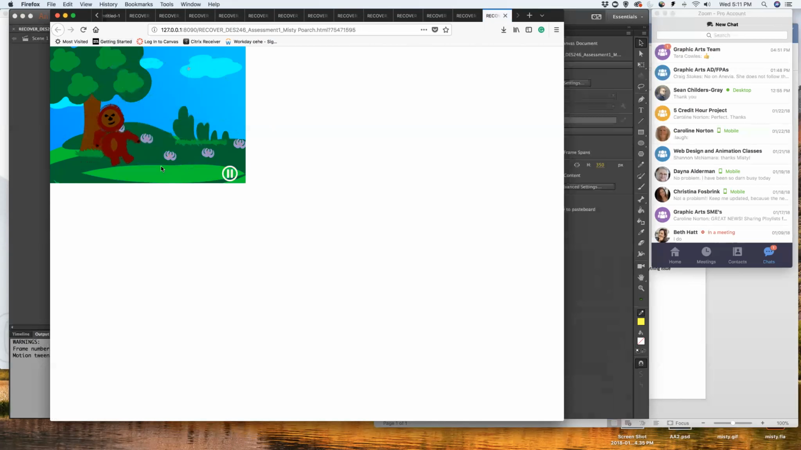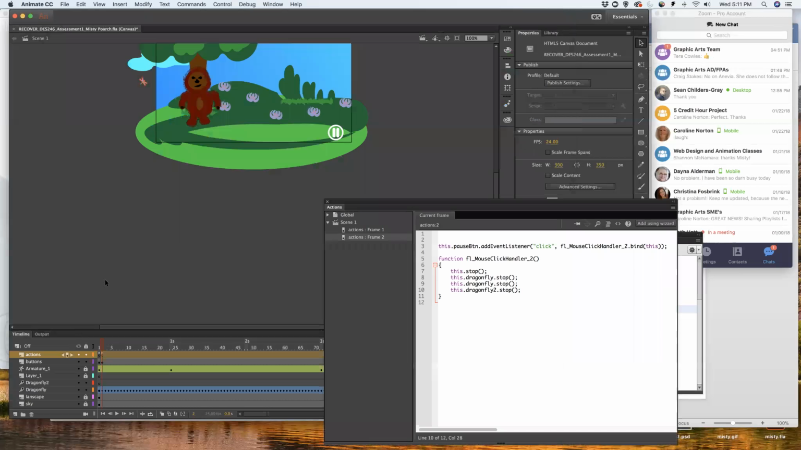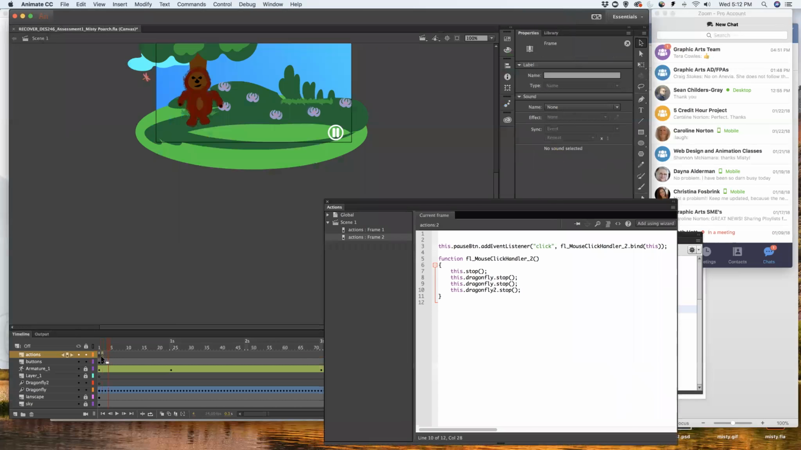And my wings are not flapping. My bear's not moving. Everything has stopped, but I don't have another way to play here. So that means that I need another play button as well. Think good UI when you're doing this. So I'm going to go back to this frame here. First, I want to go back to frame 1